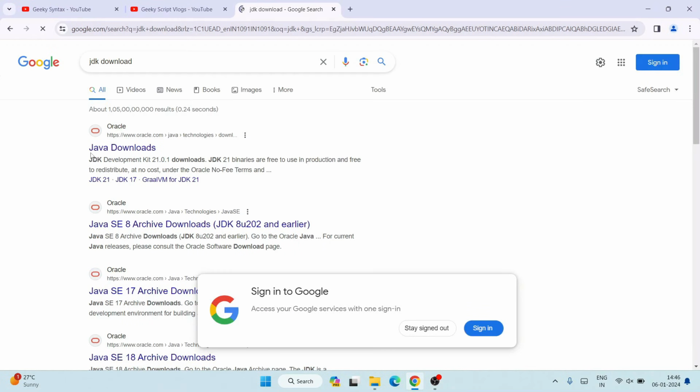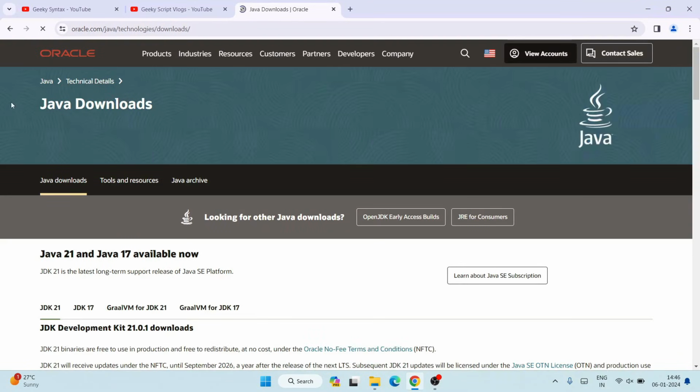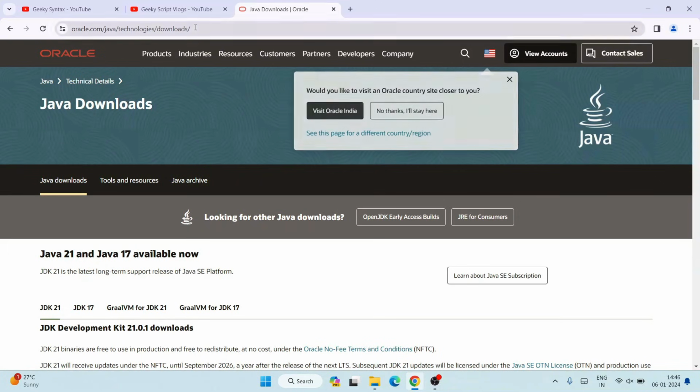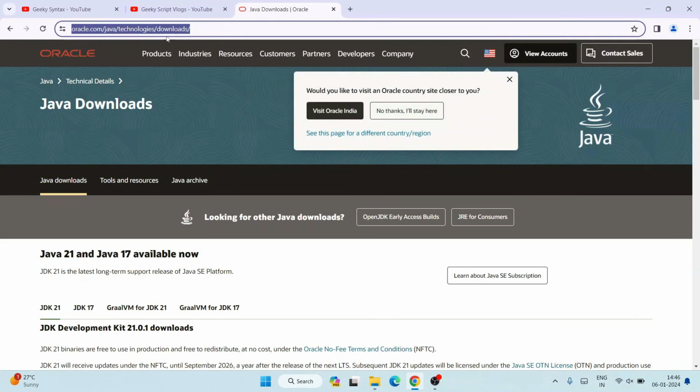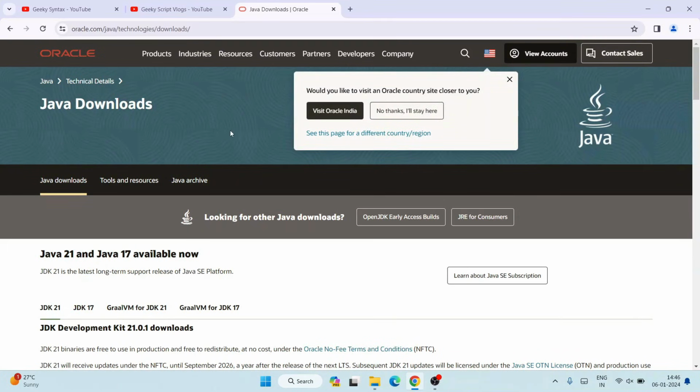So now for Java you need to just simply search over here JDK download and hit enter. And this will show you this Java downloads. So you need to open that link and it's going to redirect to the official site of Oracle. So this link I'm going to put right in our description, so you can directly use that link to land